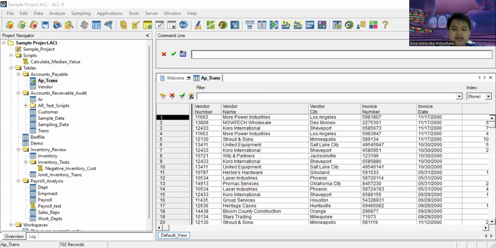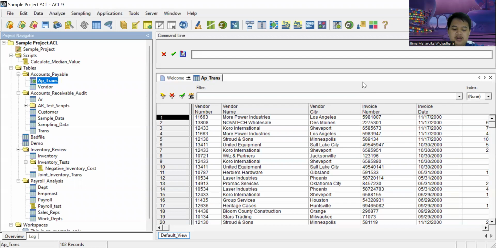In this case, the first thing we should do is conduct the test on payment to fictitious vendors. In this test, we can check sequential invoice numbers, vendors with PO boxes, vendors with employee addresses, multiple companies with the same address, and invoice amounts slightly below the review threshold.